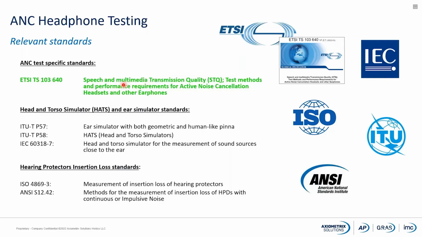It's referring to other standards that we have here, particularly when it comes to the acoustic test fixtures that we have to use for the ANC performance test. And one of these standards that it refers to is the ITU-T P.57, which describes different types of ear simulators and artificial ears and divides them into different categories. On the other hand, we have the ITU-T P.58 that describes different types of head and torso simulators, and the ETSI standard is recommending to refer to the P.58